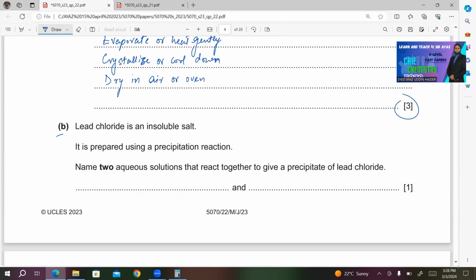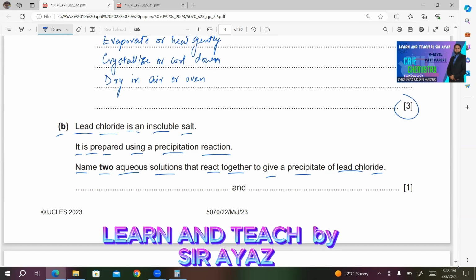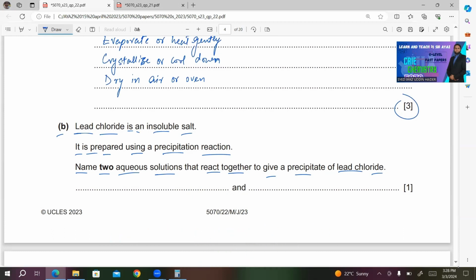Number B, lead carbonate is an insoluble salt. It is prepared using a precipitation reaction. Name 2 aqueous solutions that react together to give a precipitate of lead chloride. Now you have to start with the soluble salt of lead. We have only one soluble salt for lead because we know that all chlorides are soluble